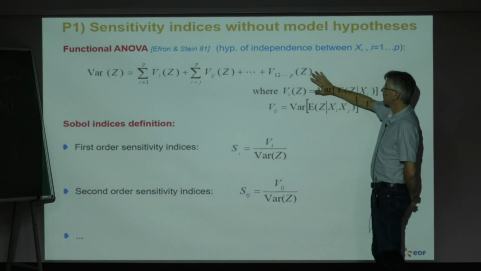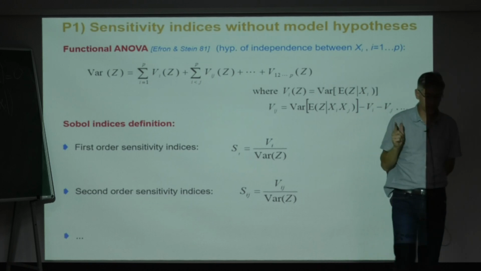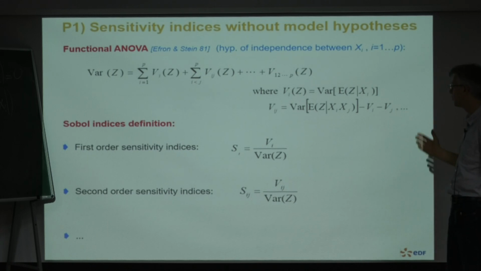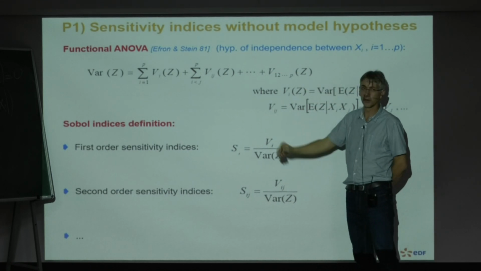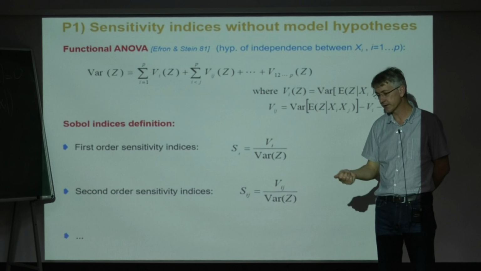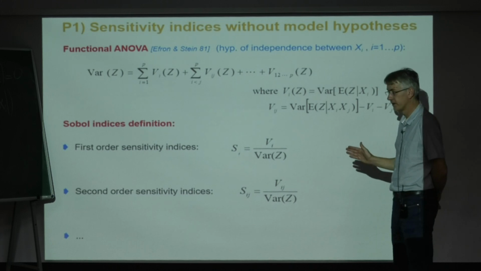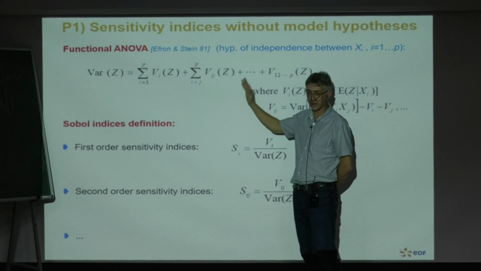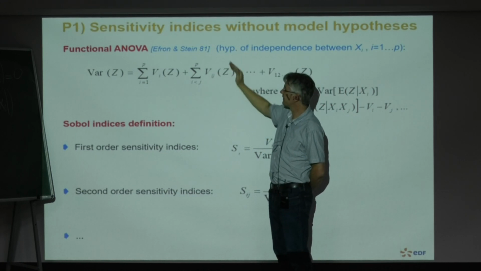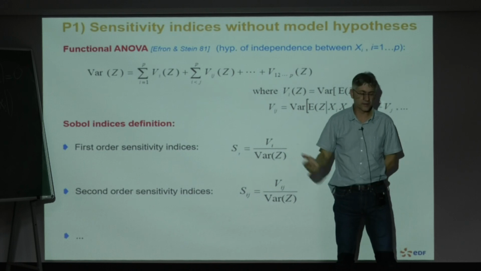The strong hypothesis needed to obtain this is the independence between the Xi. If the Xi are dependent, if you have some correlation structure, if you have some copula, it fails, and now you turn to a very urgent research subject, urgent but which dates back 20 years. If you are interested, I can show you some recent papers. If the X are dependent, we can develop the same thing by also looking at some covariance terms, but it's not very satisfying.